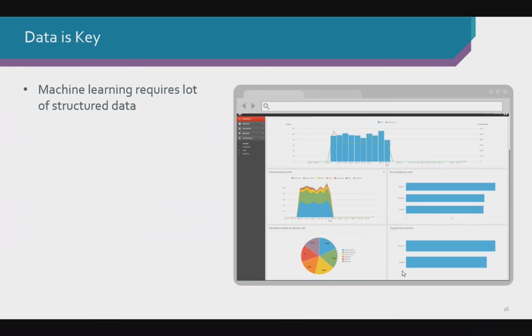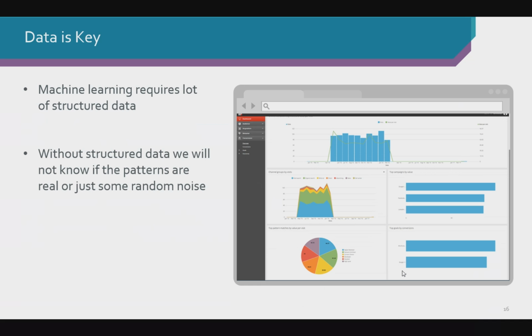Machine learning requires a lot of structured data. If your data is not structured, it's just random noise. You can have a lot of data, but if the rows and columns don't make sense, then it will just not work.